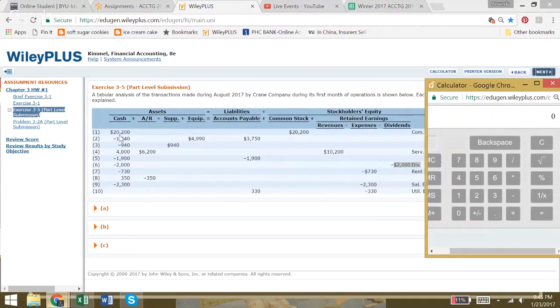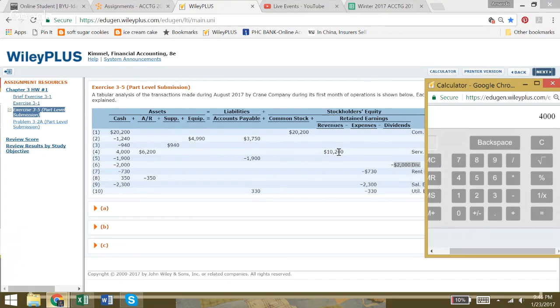So it looks like we have a starting transaction of a $2,200 purchase, which looks like common stock. We're going to go ahead and subtract 1,240, which looks like it was an equipment purchase made partially on cash, partially on credit. So subtract 1,240 for the cash payment. We're going to subtract another 940, which looks like a supplies purchase. And we're going to add 4,000 right here, line item number 4, which looks like it was